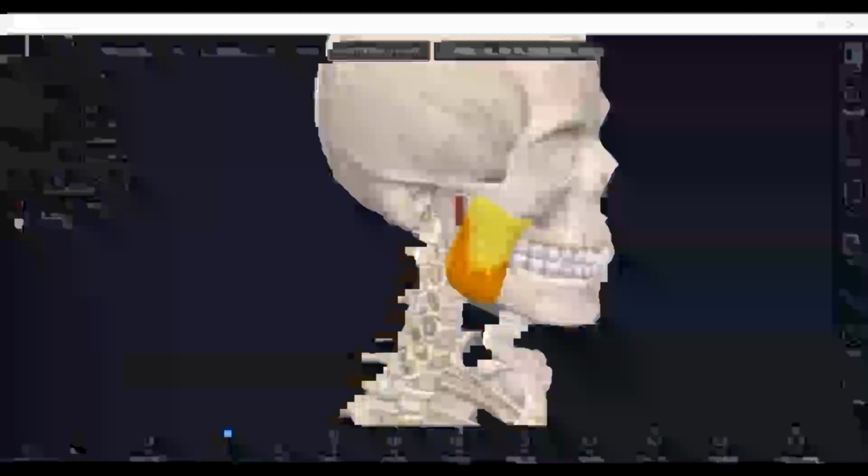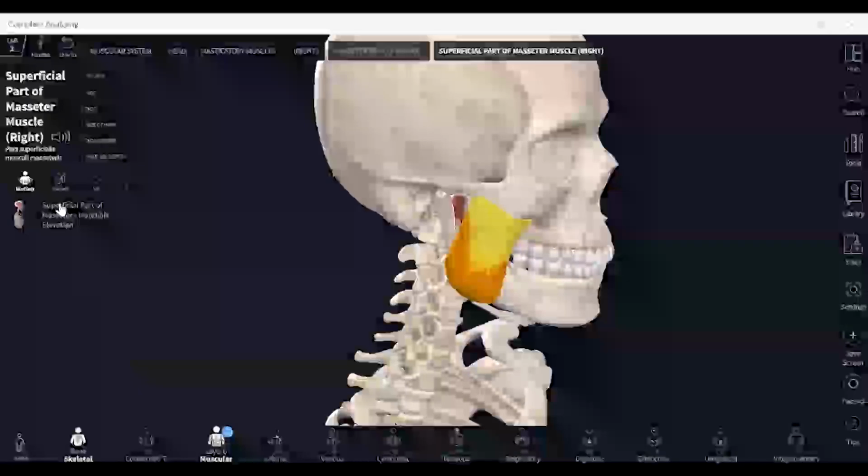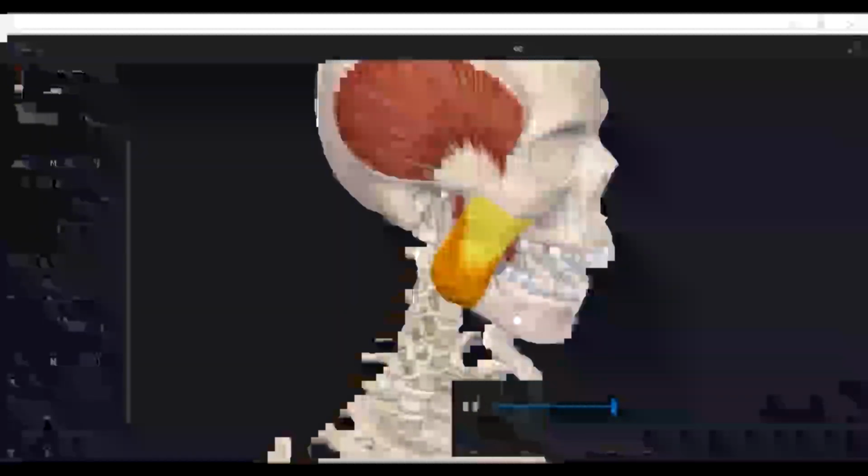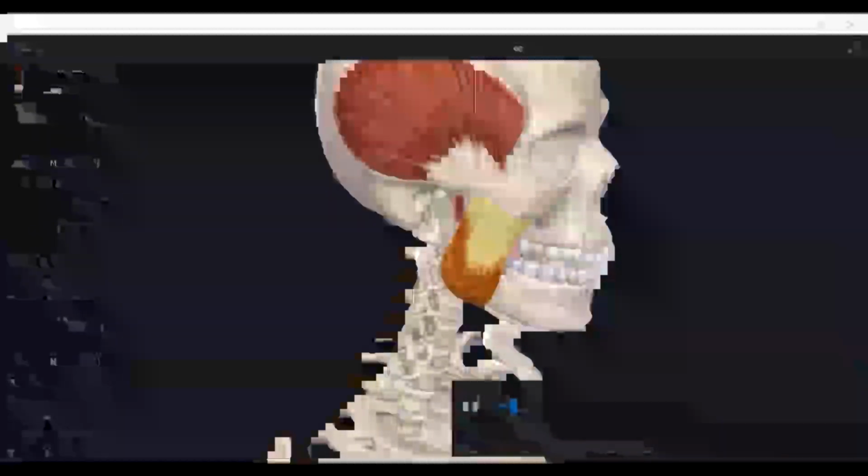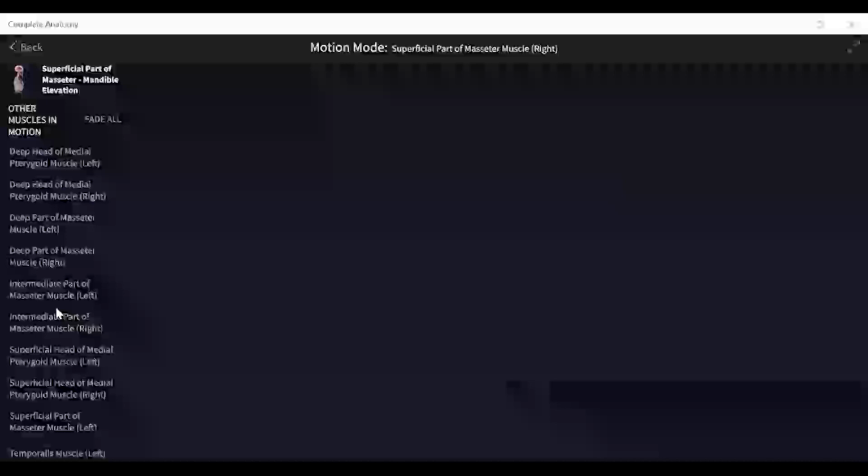Once I click on this, it will show what action is caused by this muscle, and the range is also mentioned. About 35 to 40 mm will be the range of movement of the mandible with the masseter. Like this, for each muscle, you can learn about the movement.